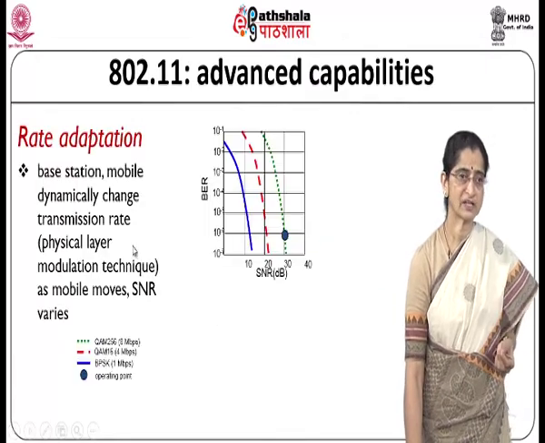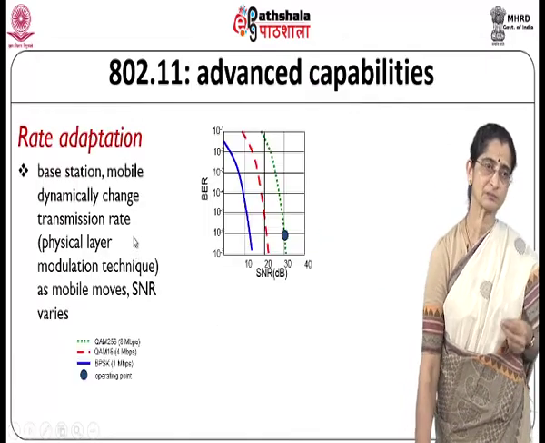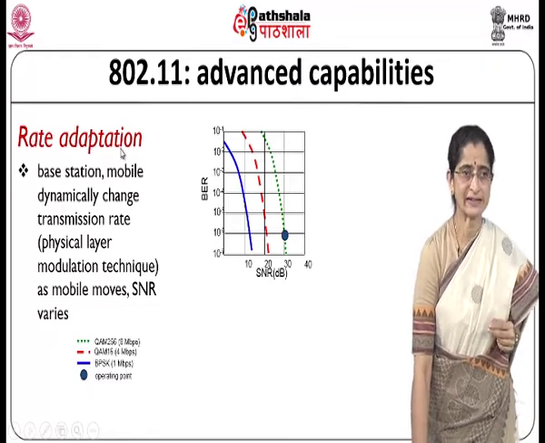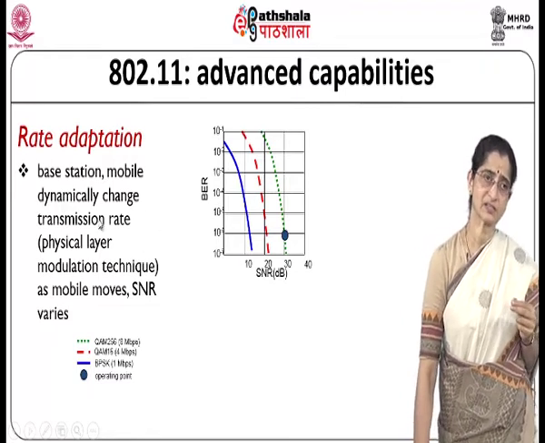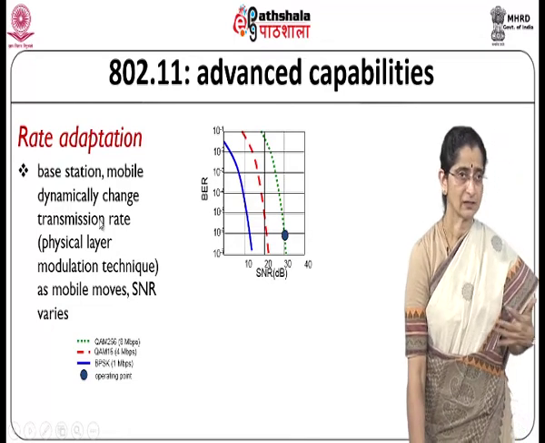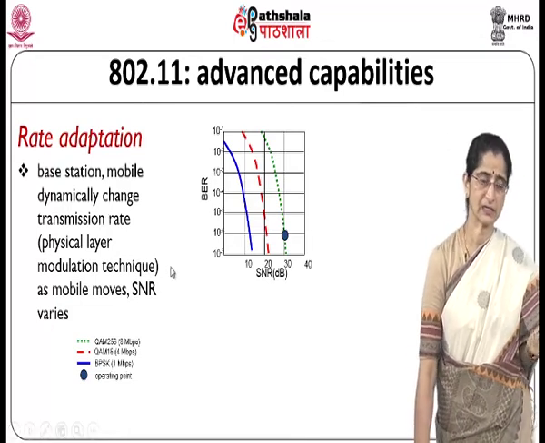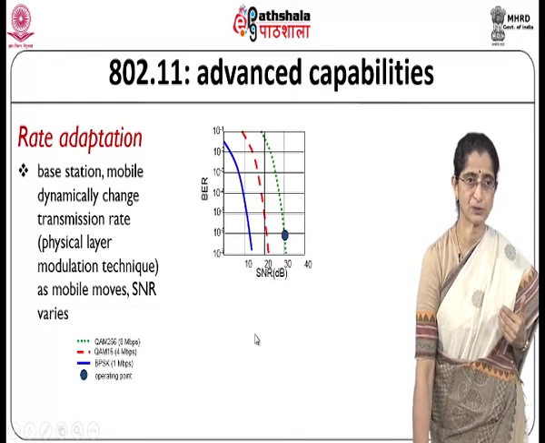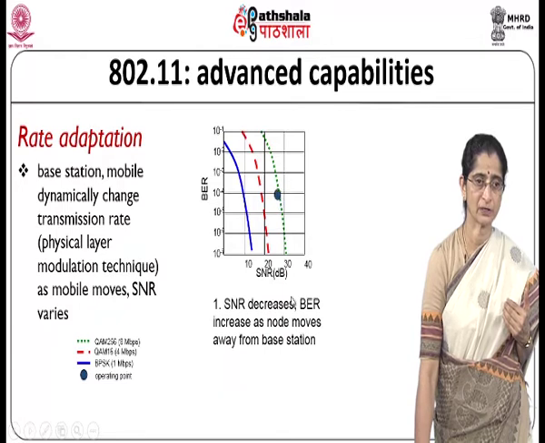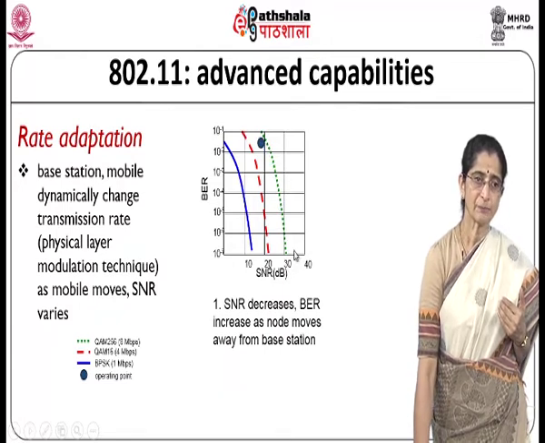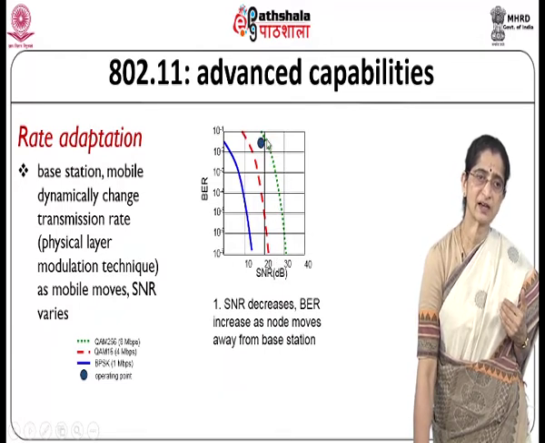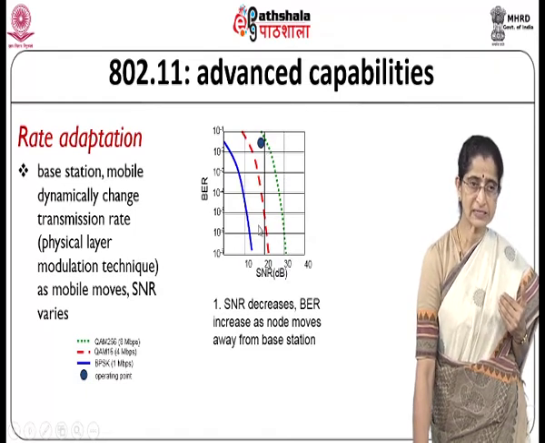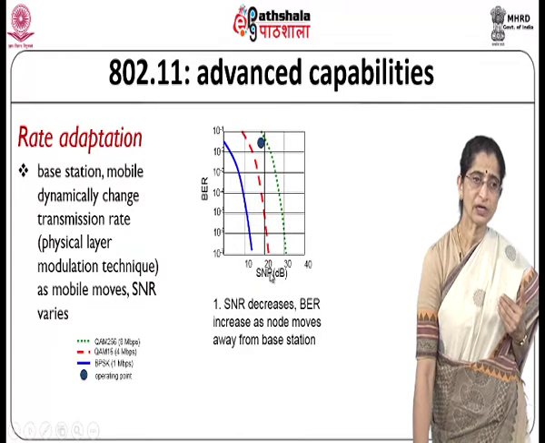Now, there are also certain advanced capabilities that 802.11 supports. We will quickly look at just one or two of them. One is rate adaptation. That is, we said that if a mobile is moving away and its bit error rate, for instance, is not acceptable, it may move to a different transmission rate. So, an example is what you can see over here. It may be moving away, so its SNR decreases, right. You can see that SNR is decreasing. So, when it decreases, what it could do is switch to a different